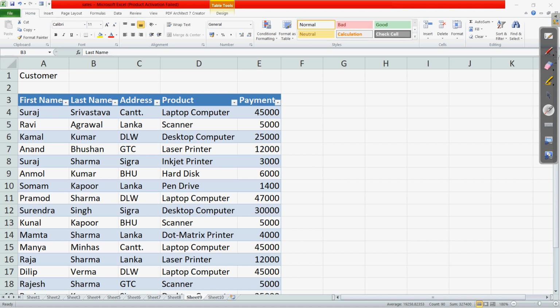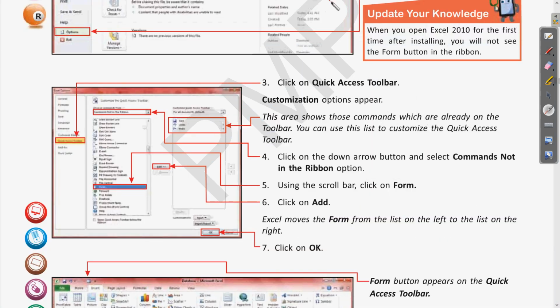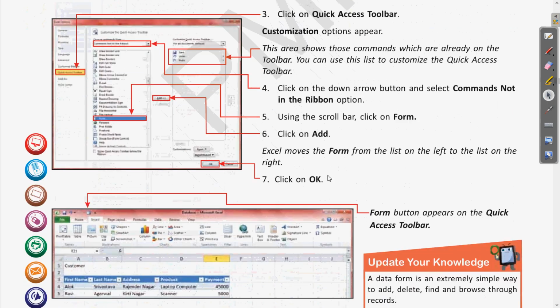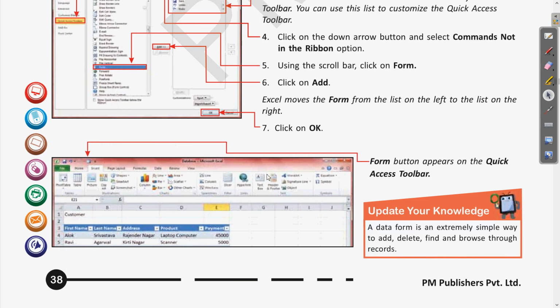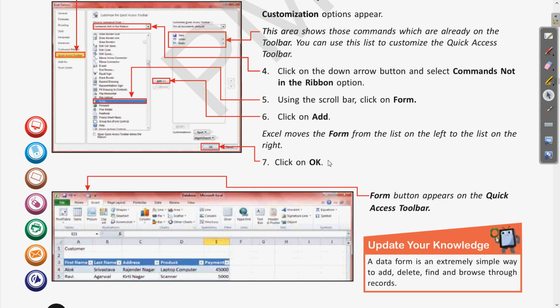Go through these steps. If there is any confusion anywhere, you can pause the video and watch it again, and also if you have a doubt you can practice it if you have the PC at home. Okay, so till step number 7 we have seen how to add this form button in the quick access toolbar. It is also showing the same in the book, that after adding this, click on the OK button. Now the form button appears on the quick access toolbar. Just we have seen that it will appear at the top.